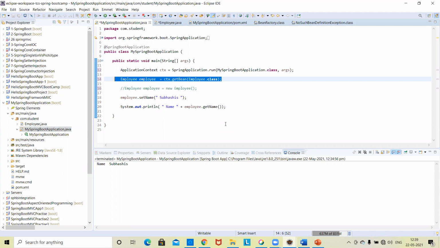When you write @Component, there is actually internal XML configuration happening. Those things are completely abstract and not visible to you. Some internal XML mapping is happening, and that is the reason these classes and objects get connected.